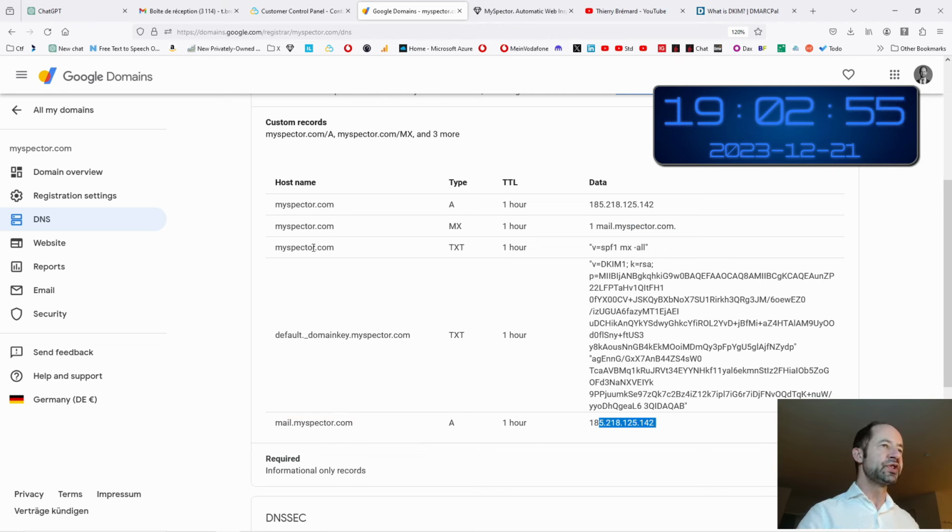Then, when I send an email from my website, to be sure that myspector.com is allowed to send it, there is this SPF entry here which says that the email machine is allowed to send an email and not any other machine. So you can at home try to send an email from my website with the myspector.com domain, and normally you should have an issue, you should have a warning sign.